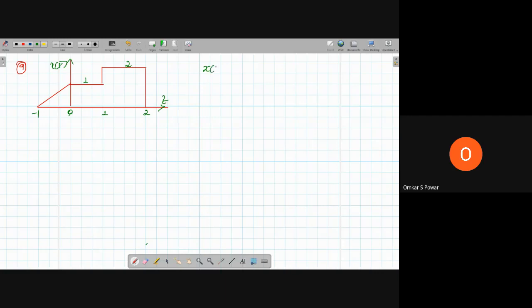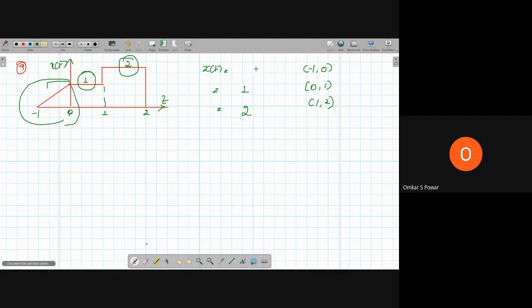It's easy. X of t we have to get from minus 1 to 0, then from 0 to 1, then from 1 to 2. This 0 to 1 you can write it easily. Its value is 1. There is no slope, nothing. From 1 to 2 also you can write it easily. What is the value? 2. But from minus 1 to 0, we have this problem of the slope coming into picture.